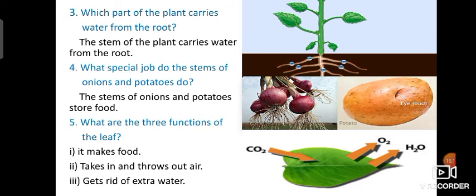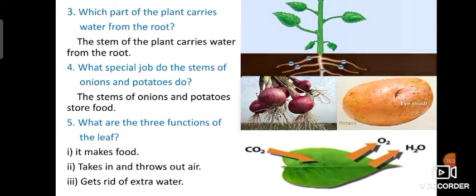So CO2 means carbon dioxide, O2 means oxygen, H2O for water. You should remember this. First thing, it makes food. Next, it takes in and throws out air. Next, gets rid of extra water.